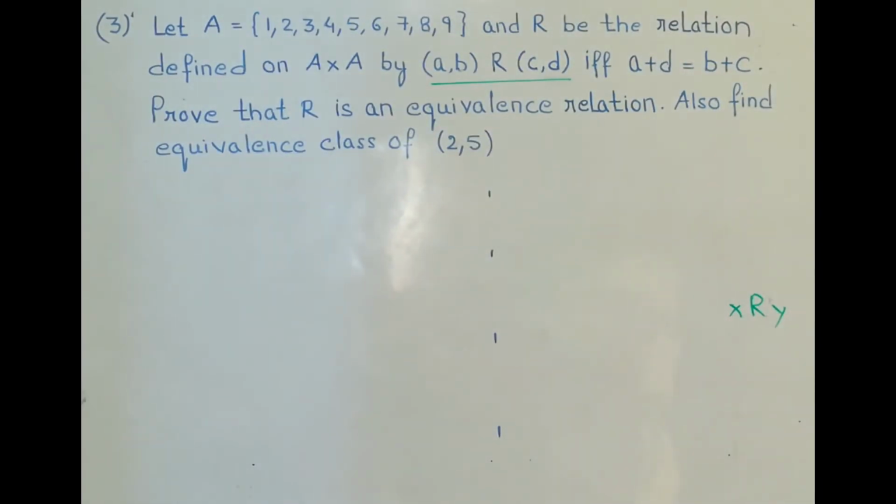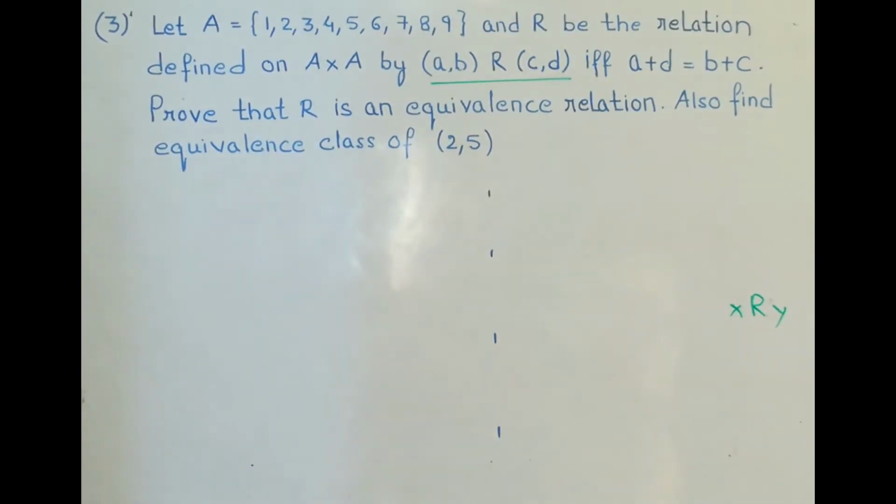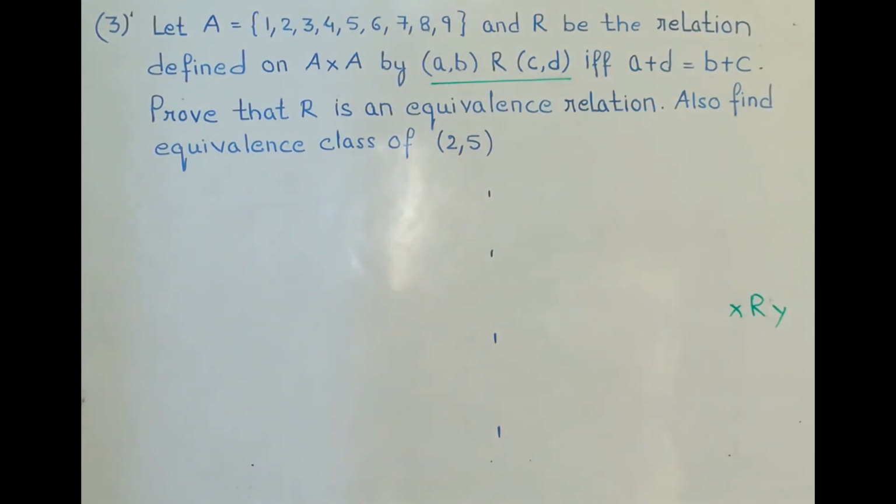In the previous questions that we have been doing, we used to relate element x with element y. Now here element x, you can say, is the ordered pair a comma b, and the element y is the ordered pair c comma d. The way of doing the question is the same as considering this as x and this as y. Now for that, first of all, as we used to do, consider any three elements which will belong to A cross A.